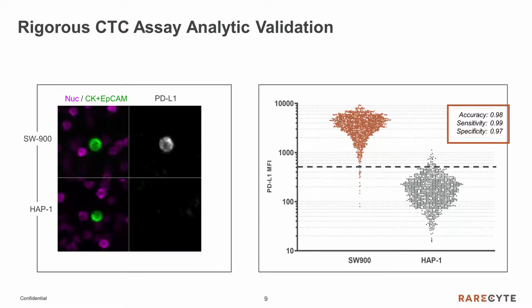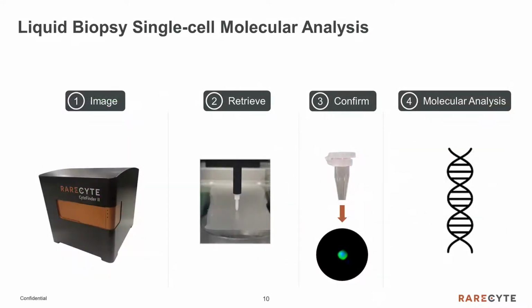is user-independent. In addition to biomarker status, the software outputs single-cell mean fluorescence intensities for each cell to quantitatively measure expression in addition to biomarker localization and morphology, which in some cases can be as important as signal intensity when characterizing protein expression. Single-cell genomic analysis is made possible through the Site Picker module installed in some models of our